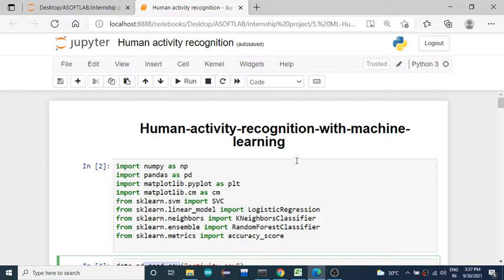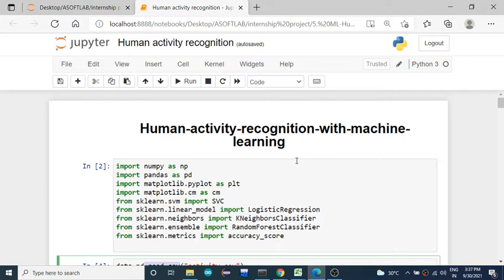So just try to perform all these steps on the data set I have shared with you, activity.csv. Let us solve this problem, which says predicting the human activity based on the smartphone data set.